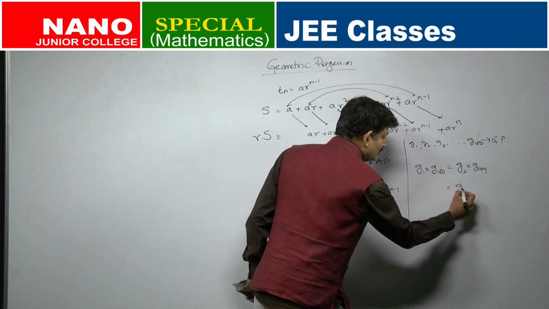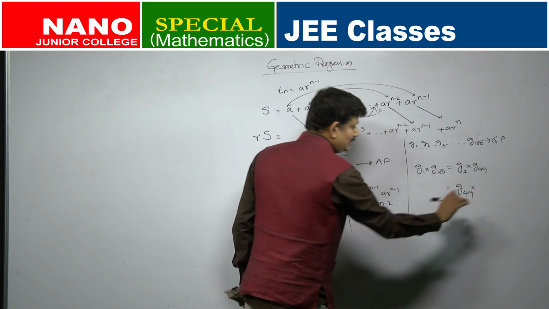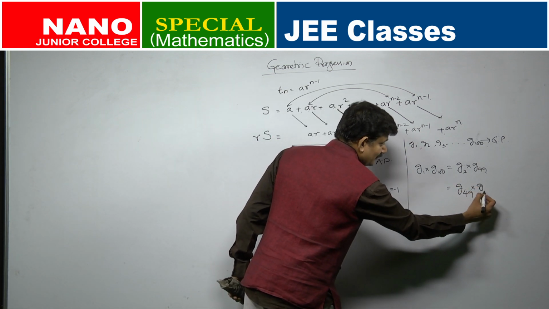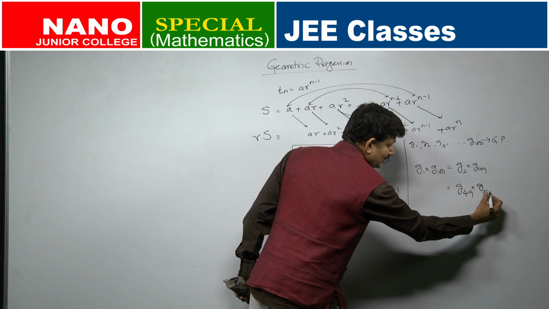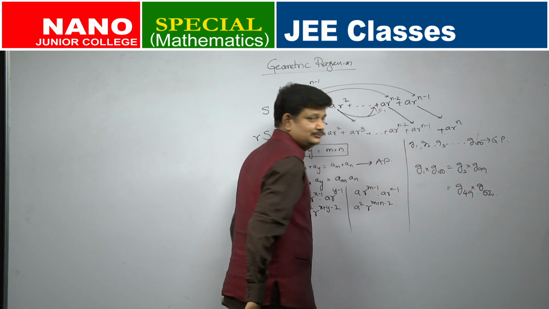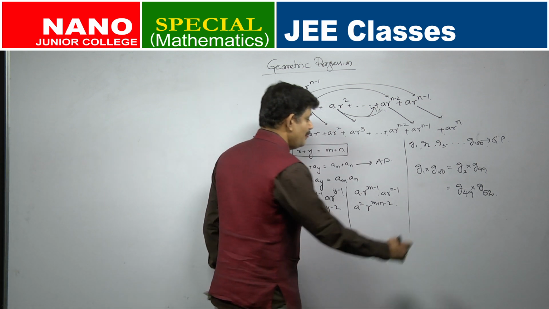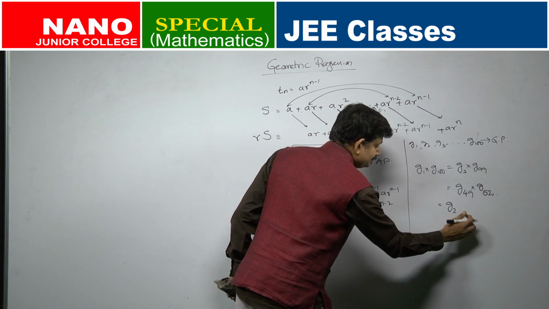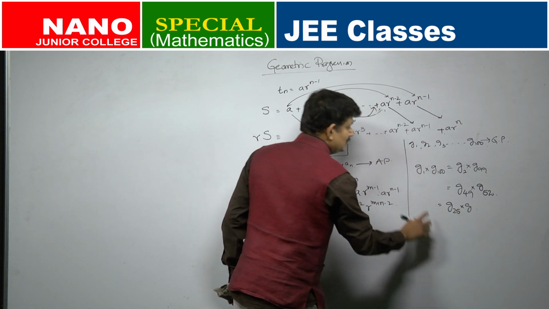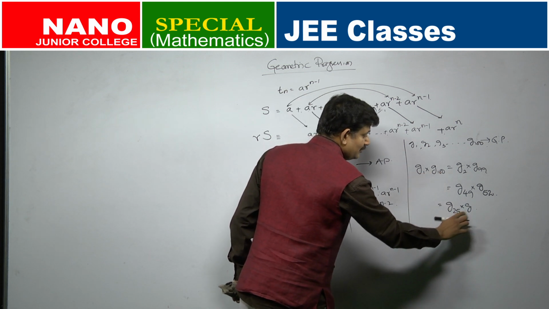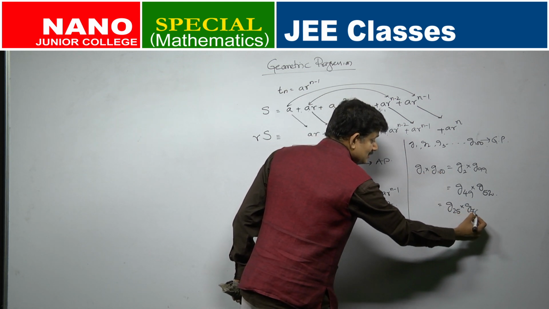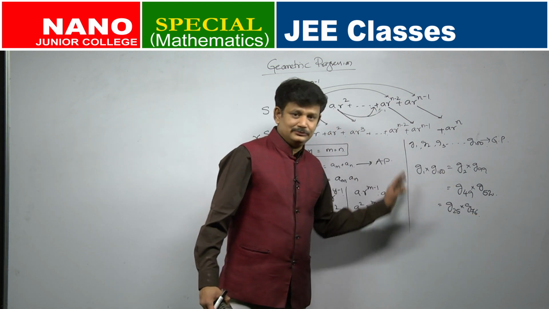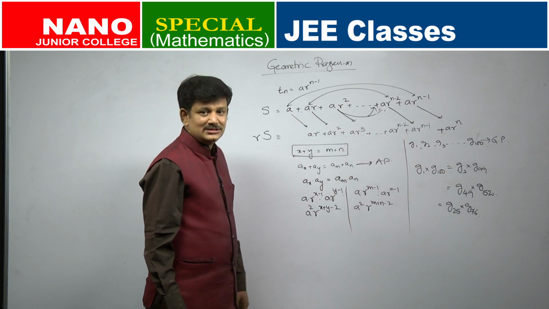So, if you have to write, this is equal to G49 multiplied by which number? This sum should be again 101. So, this should be how much? 52, such that the sum is 101. This is equal to G25 into which number? This sum should again be 101. So, which number will give you 101? 76 will give you 101. So, this is how you can see that these products are all one and the same.